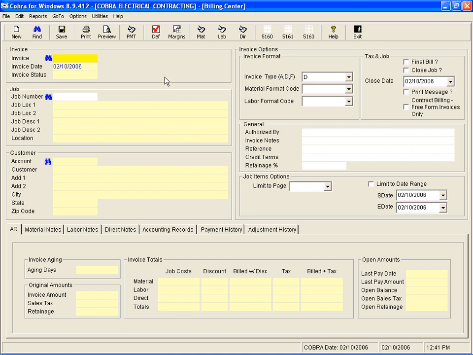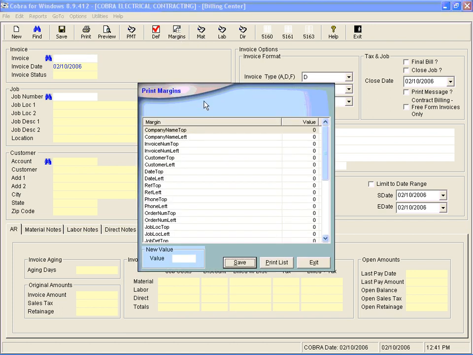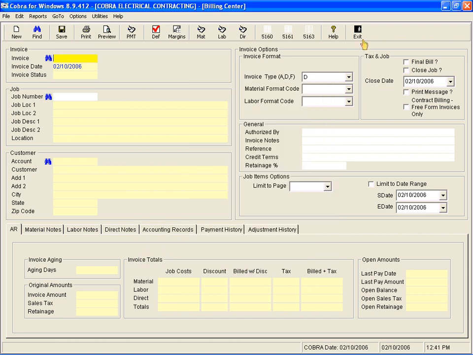From here in the Billing Center, you can click on the Margins button to get to the print margin options. Basically, these are specific fields that allow you to control the printing of these fields on the actual invoice form itself. I'm going to exit out of here just for a moment and click into the Help